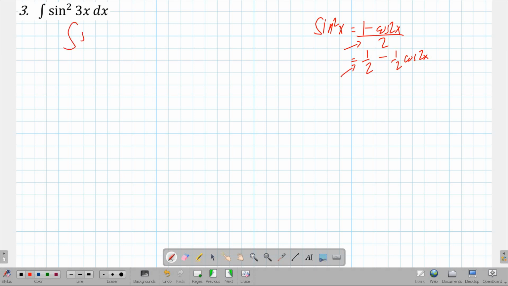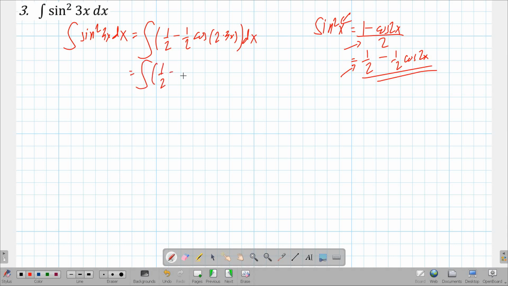So since it's the integral of sine squared 3x dx, it can take this form, and we let x, quote unquote, become 3x. Therefore, this becomes the integral of 1/2 minus 1/2 the cosine of 2 times 3x dx. So I'm going to have the integral of 1/2 minus 1/2 the cosine of 6x dx. So again, if we have an even power, what we're doing is we're applying